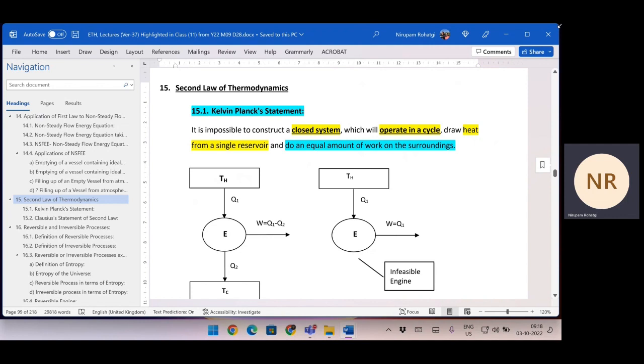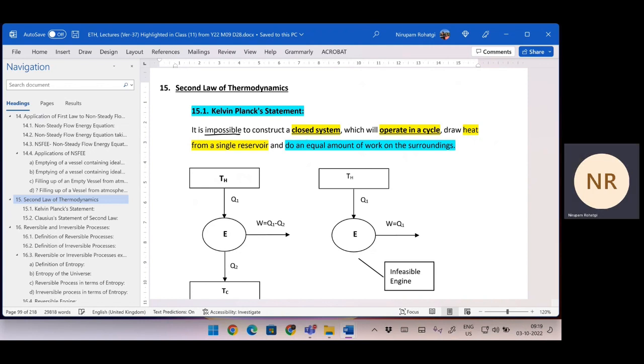And when they came to it, that mass gets converted to energy, they modified it: mass and energy are basically the same. So mass and energy together are conserved. Now, similarly, you cannot make a machine which is running in a cycle and exchanging heat with a single reservoir and doing continuous work. That statement is given by Planck. But behind that, there is the experience of so many people who tried it. Okay. So it says that it is impossible